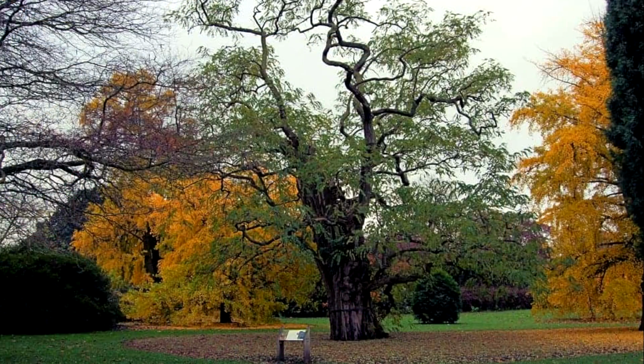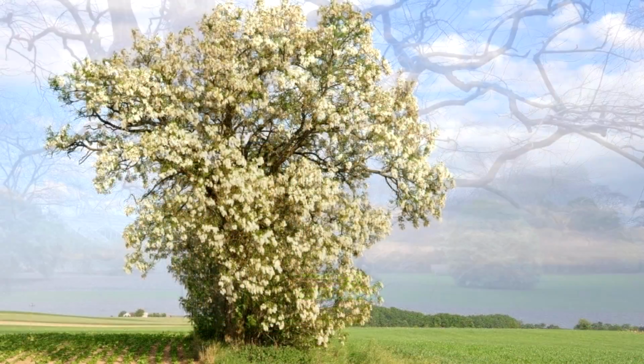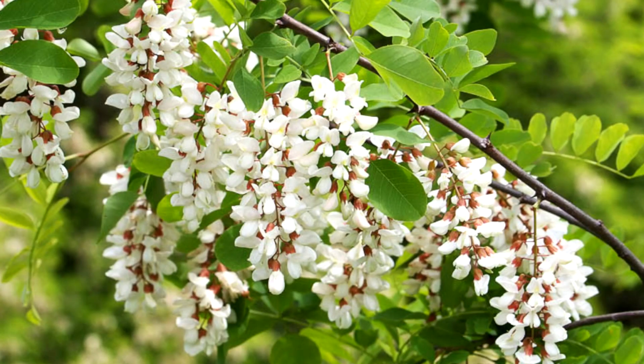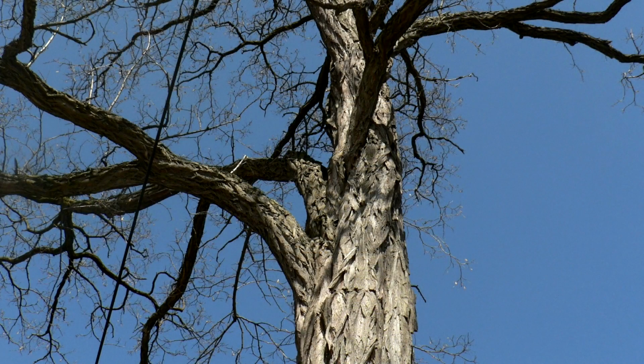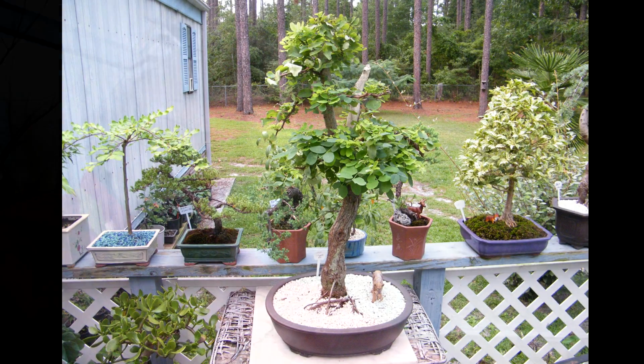These black locusts aren't native to this area. They are native to the northern part of the United States, kind of New York State, around that area. So they're kind of considered an invasive species in southern Ontario here. But I don't know if you can make a good bonsai out of them. I don't think I've ever seen one as a bonsai. I'm sure there's one out there somewhere, but yeah, I'll keep growing it, developing it, see what I can make